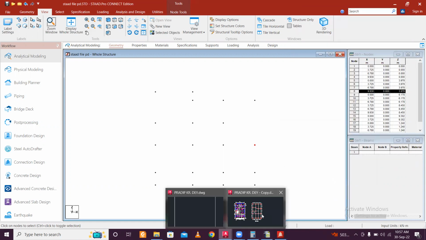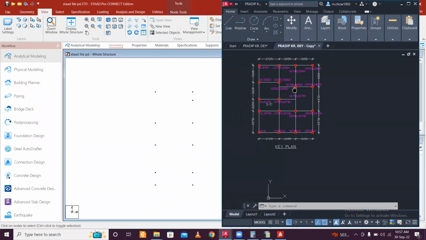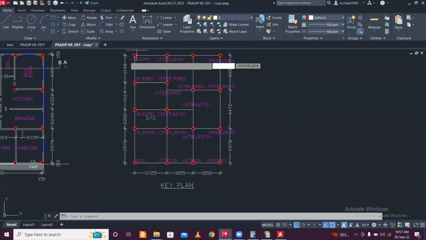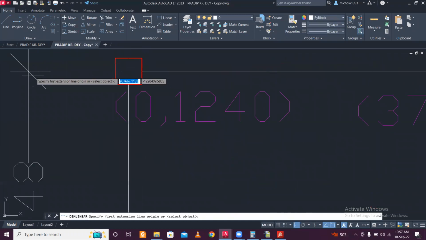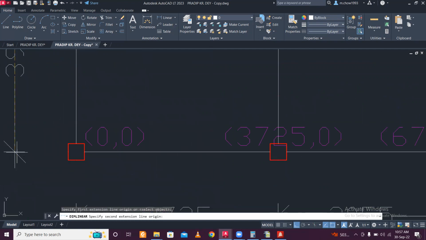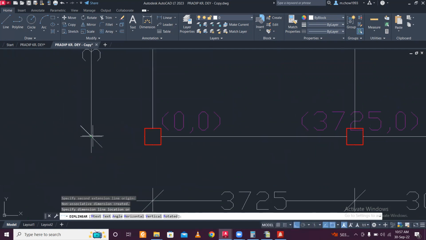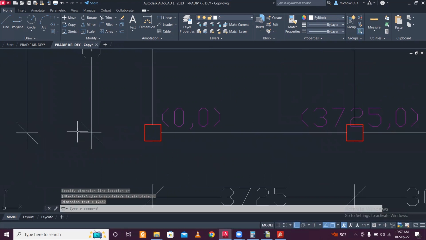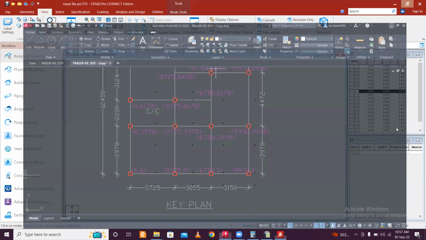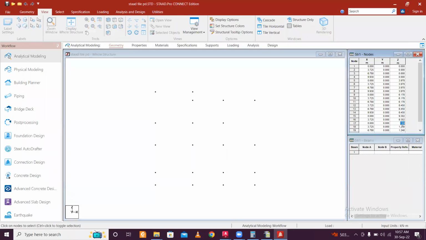So you can see from the CAD file also, and you can just maximize this for a moment, and have a look from here to here in total. You see, this is 12.45, right? So this will be 12.45. All the coordinates, you can just simply change it. 12.45, and this also 12.45,